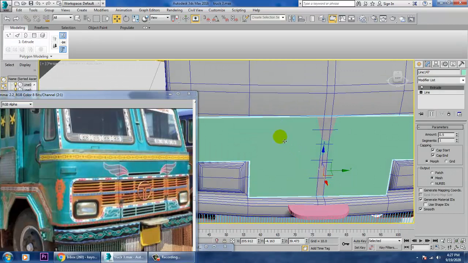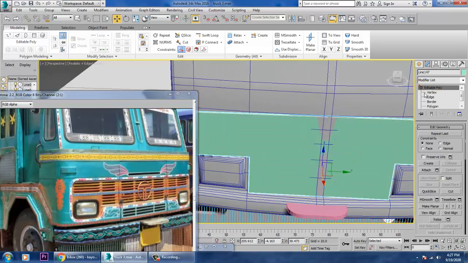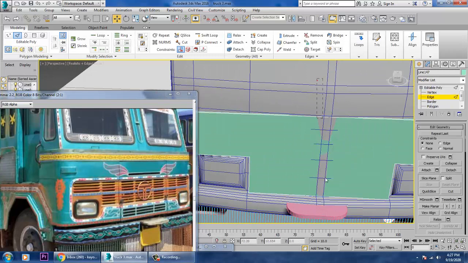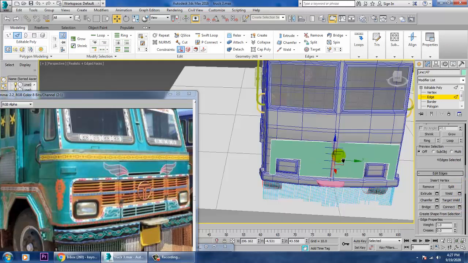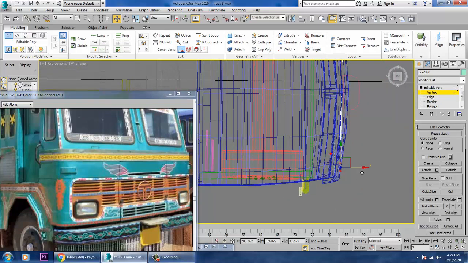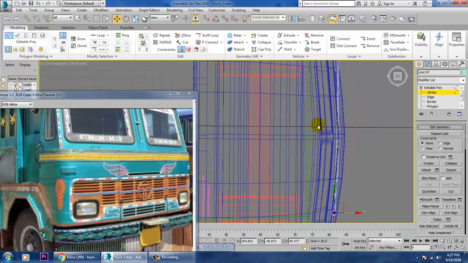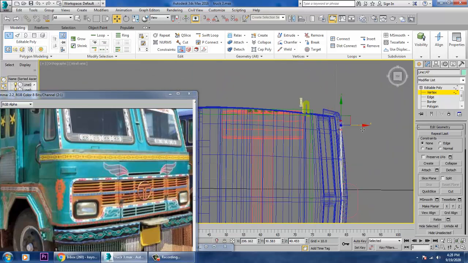Let's convert to editable poly. Select the edges and let's give some connect to it. So select the vertices, just push it in this way and push it up to this side.